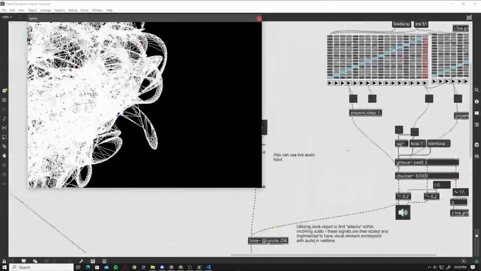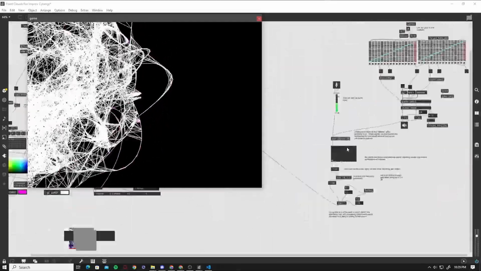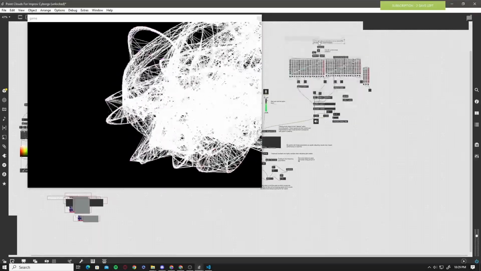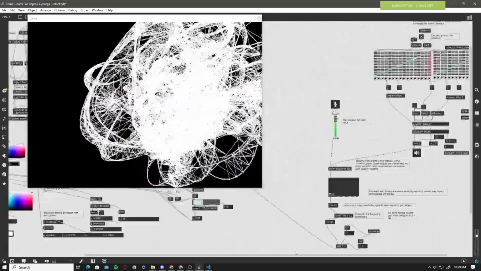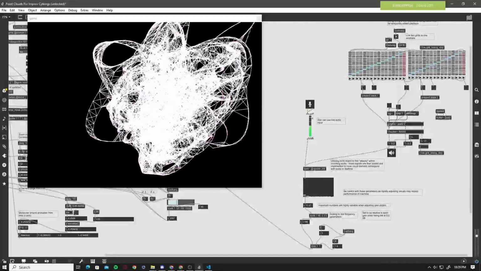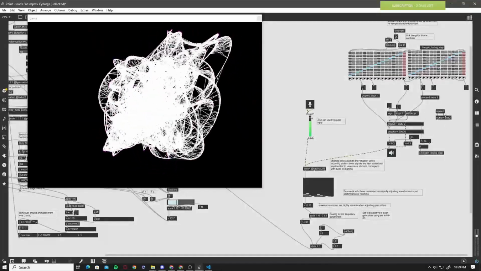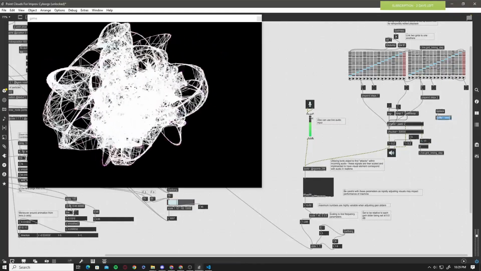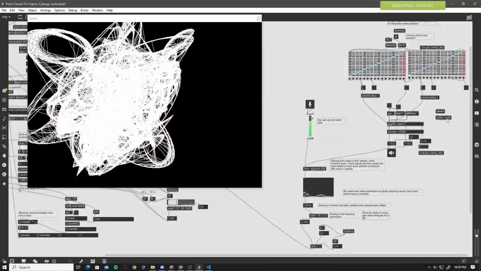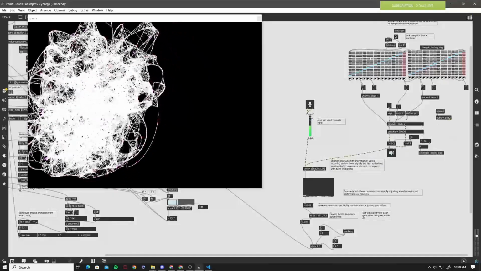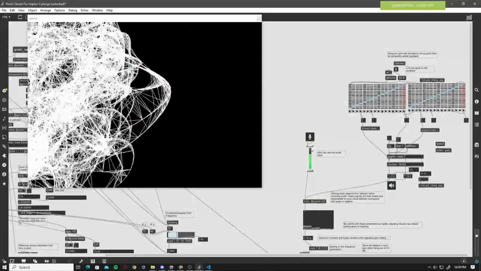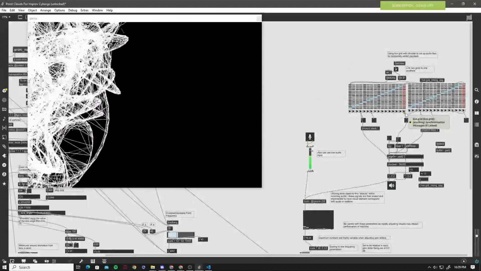So also to describe a few other things going on in the patch, this all was actually not implemented in our performance, as you'll see with the video I link in the description. This was meant to actually replace or put in a drum track. I know I have it set as pad 2, but we're going to use just a drum loop or a drum sample and have that run through and be the tempo basis for our performance. But we actually strayed away from that for the reason of